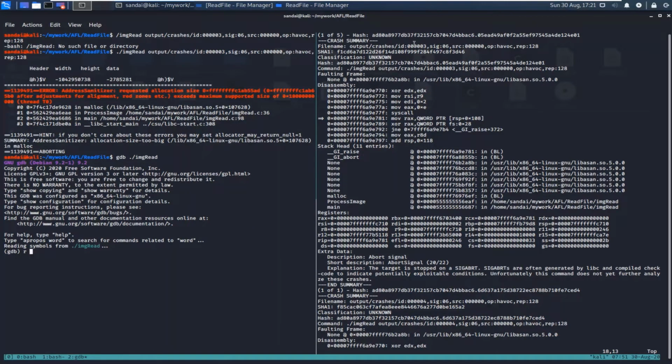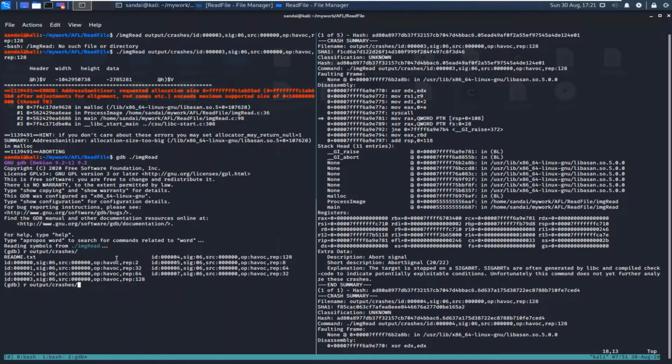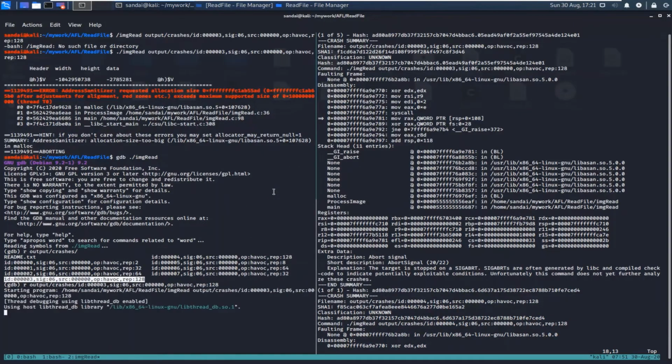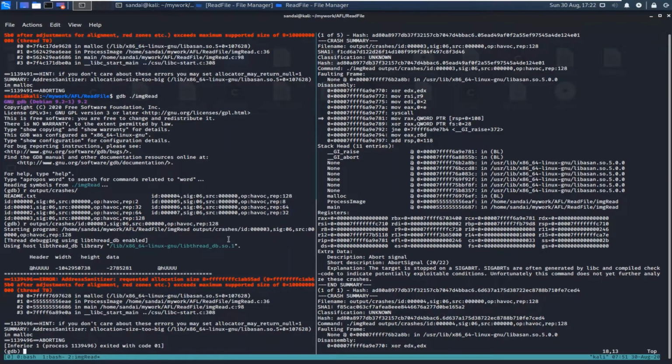I can manually give it over here, output crashes, then ID, this one is 3. I will copy it over here. Okay, and you can see that it is crashing at line 36 in image read.c. So let's put a breakpoint over here at line 36. You can also keep it at 35.